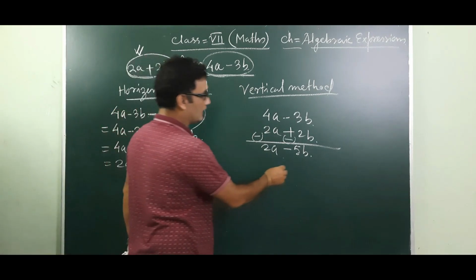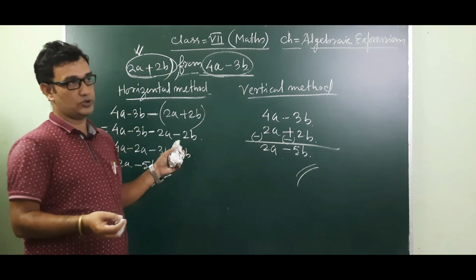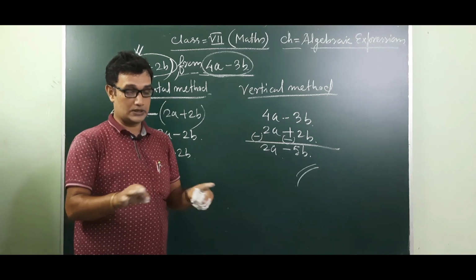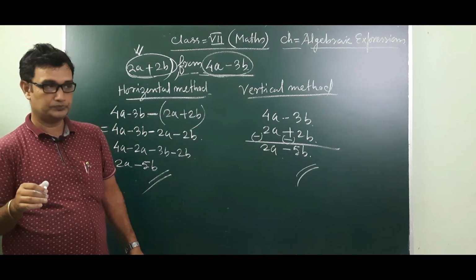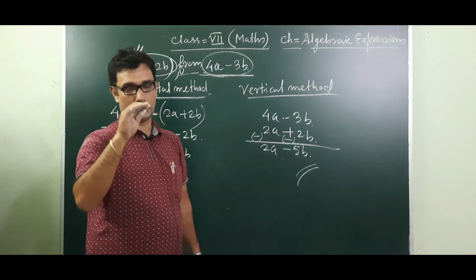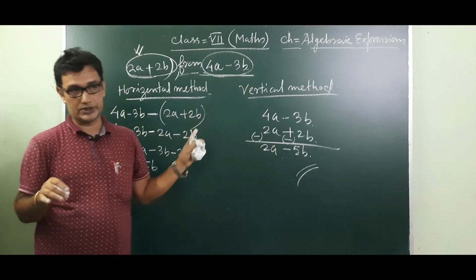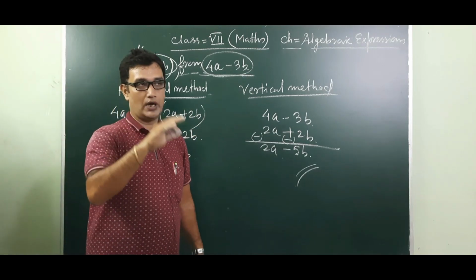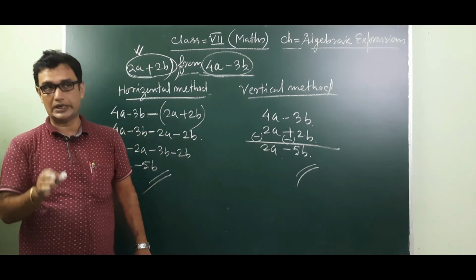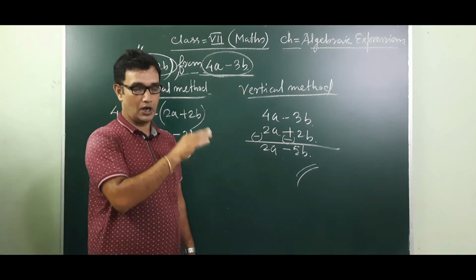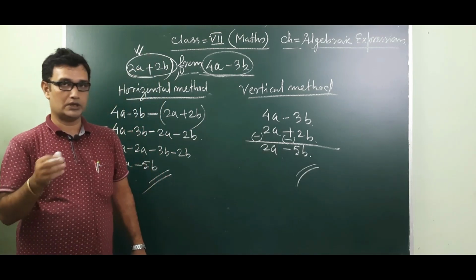So this way, I think from this chapter you can solve each and every question, because in the algebraic expression chapter, what things are given in your exercise? Just identify which one is an algebraic expression. Then some questions are given: find out the coefficient of the following. This you can easily find out. Already I told you how to find the coefficient. And some questions are given: find out the degree of the following expression. When you find the degree, first you see how many variables are there in the given algebraic expression. If only one variable, you can easily find out. If more than one variable is there, you can also easily find out.